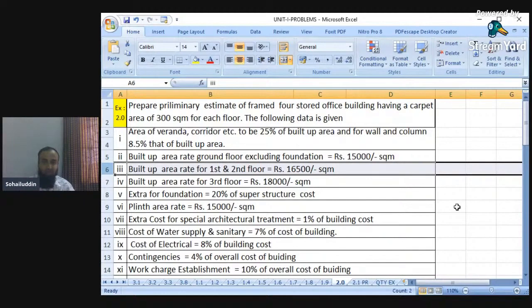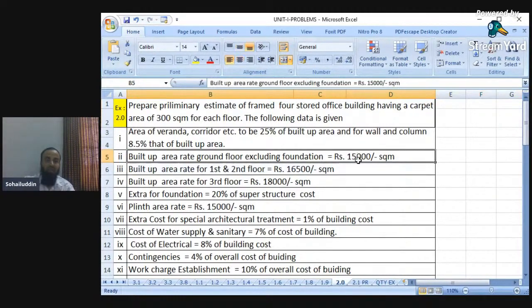because of the view from windows or from the side, due to the pleasant atmosphere, as the floor of the building increases, the cost of the building also increases. The built up area rate of that building also increases. So here ground floor rate is somewhat small, that is 15,000, but the first and second floor rate is nothing but 16,500, and the third built up area rate is again more than this,